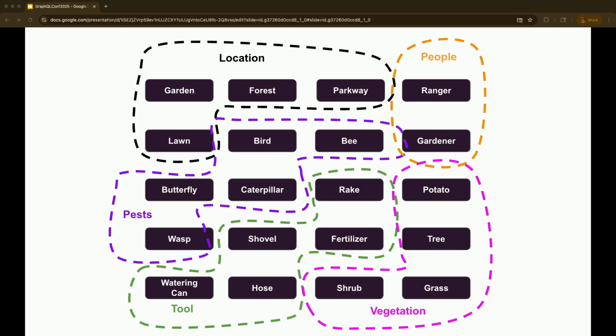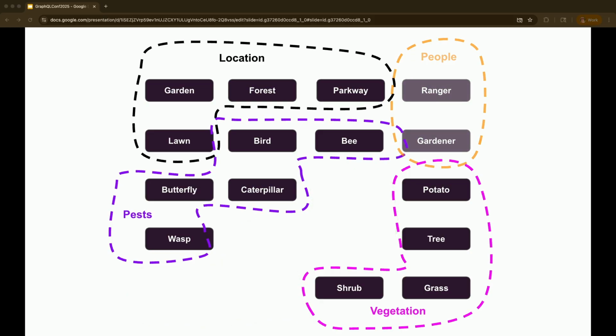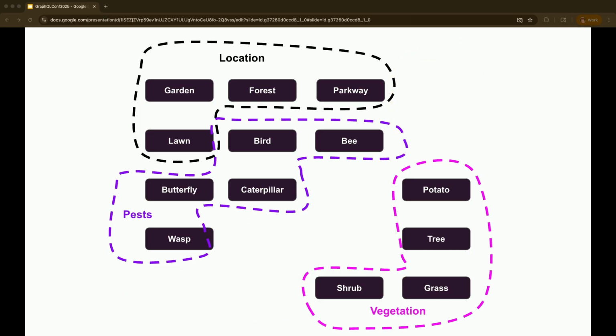Nothing to do with people or tools. So those go away. The next user story is that as a user, I must know what sort of things rely